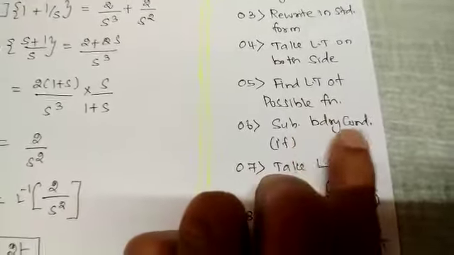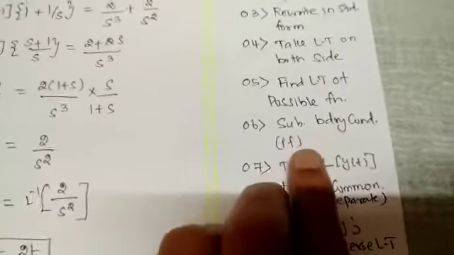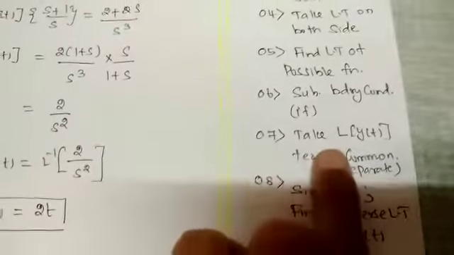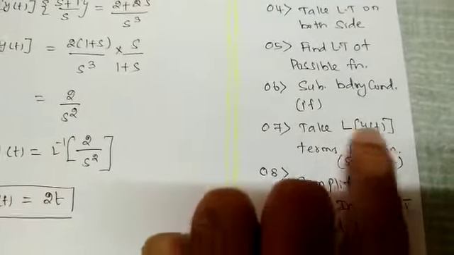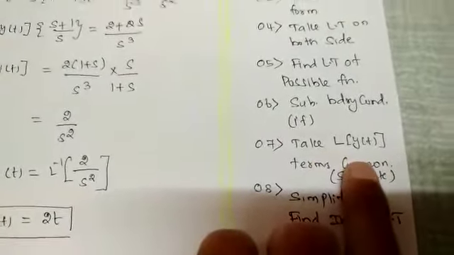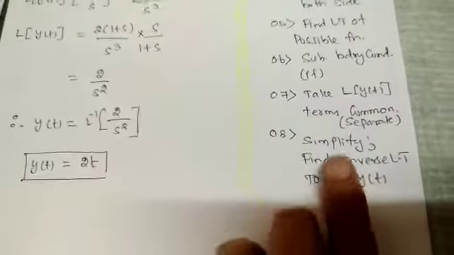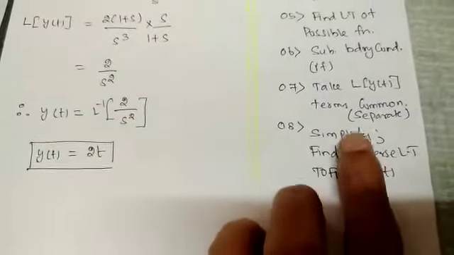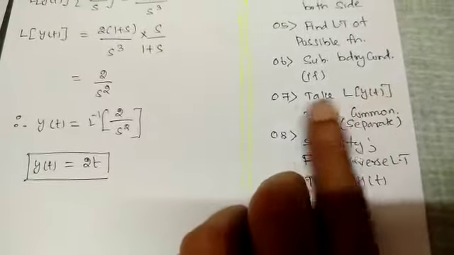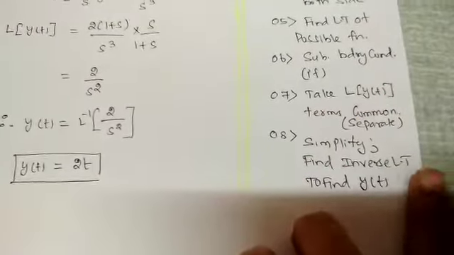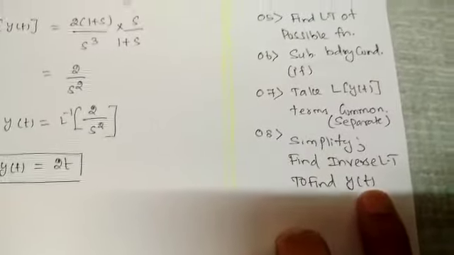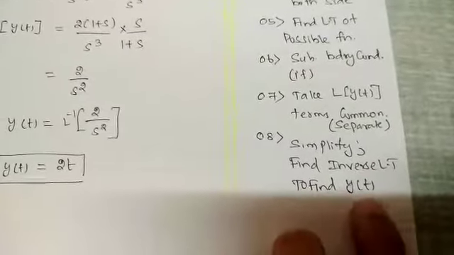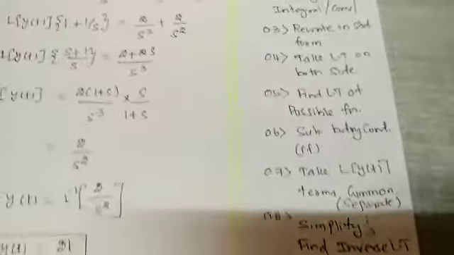Sometimes they will give you boundary conditions, you need to substitute those boundary conditions, and then wherever you find L of y of t, you group them, you take it separate and then you combine. Then simplify. If you simplify, you can find Laplace of y of t on the left hand side, all other terms on the right hand side. Now you have to find inverse Laplace transformation. From there you need to find y of t. So our aim is to find y of t using Laplace transformation and inverse Laplace transformation.